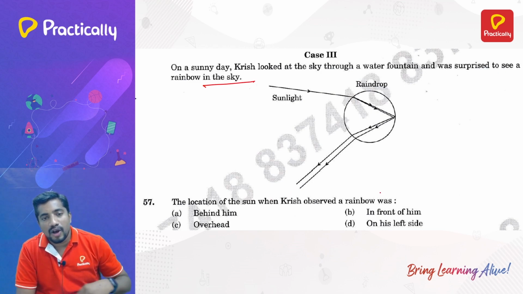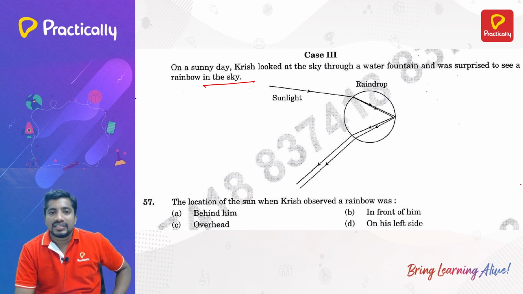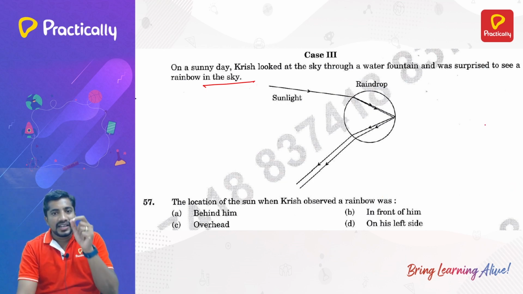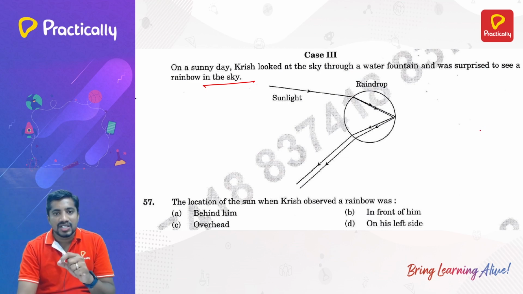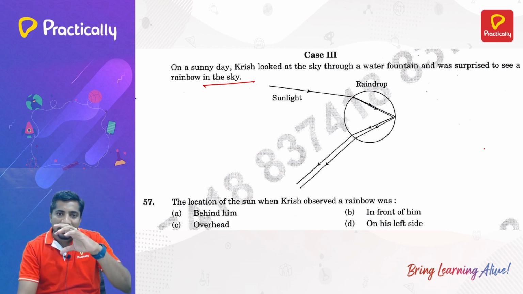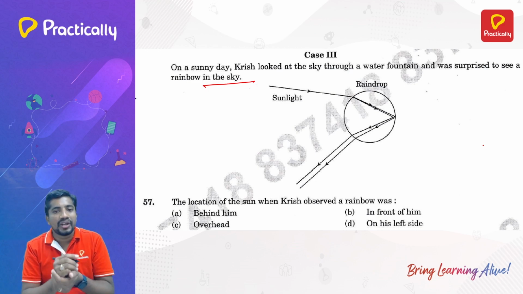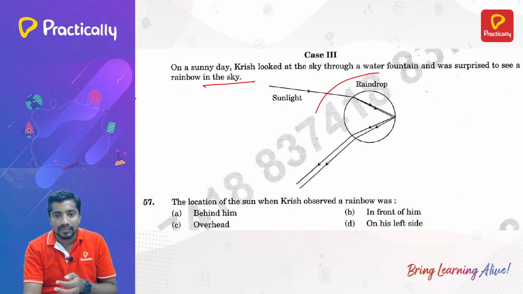Generally, I'll explain the formation of a rainbow. See, if it is raining and at the same time sunlight is present, then each water droplet will act as a small prism and the sunlight will enter into the water droplet. All such water droplets will form the rainbow on the opposite side. So inside, this is what the diagram explains.